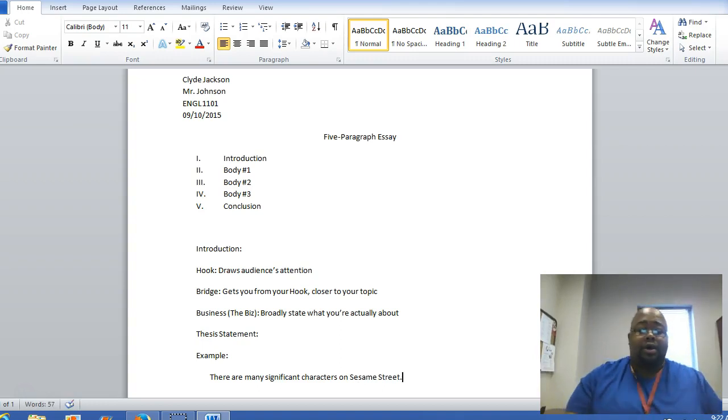Alright, so my hook, even though this is a bit of a weak hook, it may not draw that many people in. My hook is there are many significant characters on Sesame Street. So, you know, I think that is an okay hook because it's referring to characters on a kid show as being significant. So this is my hook. There are many significant characters on Sesame Street. All right. So now I need a bridge to get me closer to my topic. So my bridge is going to be